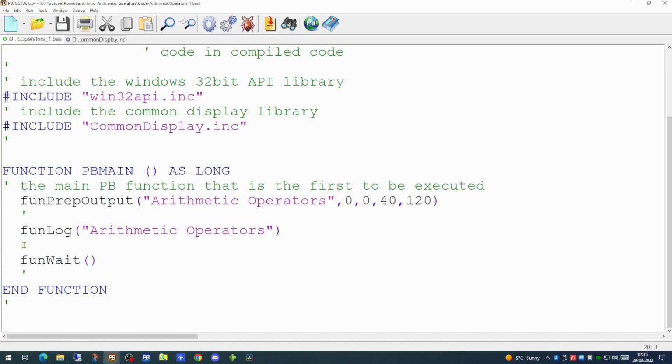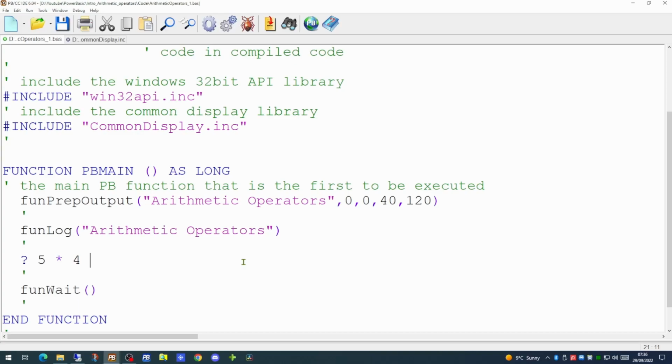So without further ado, let's get into looking at some code. First of all, we're going to cover multiplication. If you wish to multiply two numbers together, you can quite easily do this in our code. If we wish to multiply the number 5 by the number 4, we merely have to type 5, then an asterisk, and then the number 4. In this case, the asterisk is the arithmetic operator for multiplication.